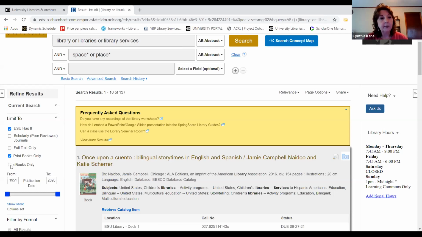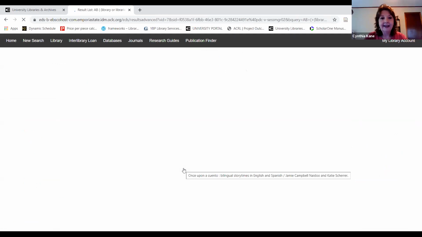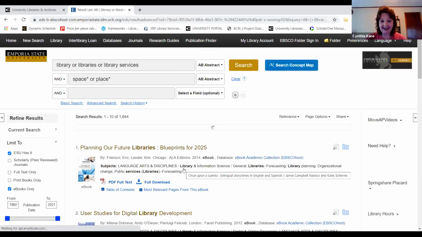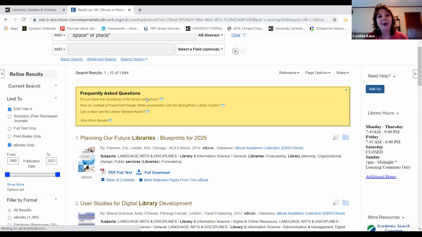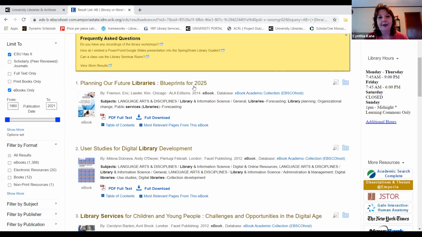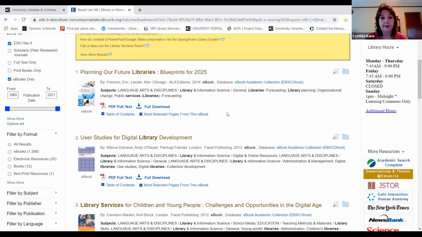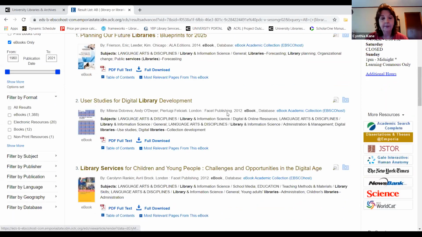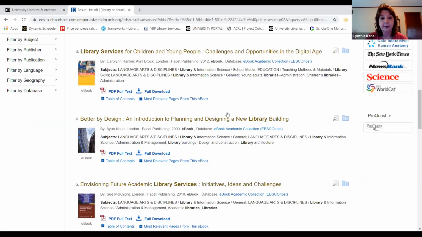But what I'm going to do here is change my search to ebooks, because I really want to see. Oh, okay, now I'm getting somewhere. Here's a book called Planning Our Future Libraries. It's Blueprints for 2025. It was published in 2014 before the advent of COVID, but it might be good. I might be able to get some background information from that. User Studies for Digital Library Development, that was published in 2012. Again, I'm sort of looking to see when these were actually published. So some of these might be a little bit more dated than others,